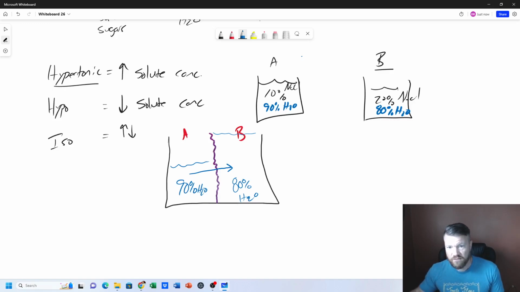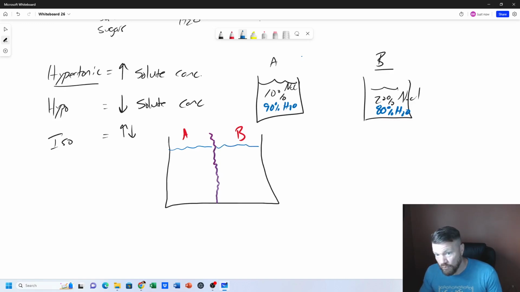Okay. Now, the other thing that could happen here: if the membrane was also permeable to salt, right? So let me just erase these, and we'll start with our water levels the same again. If this membrane was permeable to both water and salt, well, since I would have 20% salt over here and 10% here, the salt would move